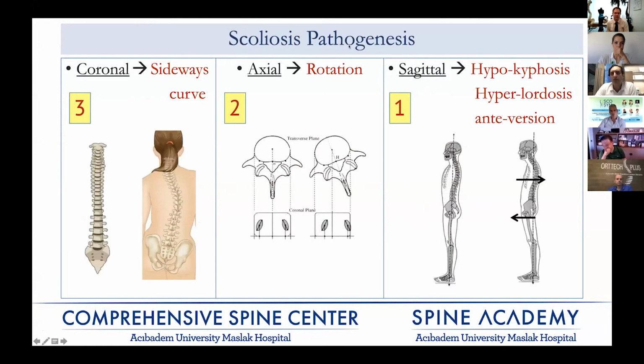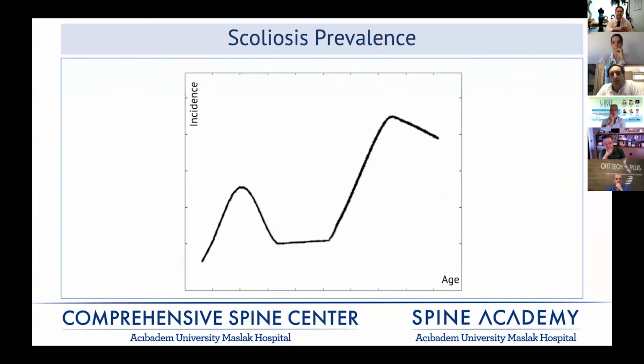But for the pathogenesis, if we go back to the first slide, we know that this is a sideways curve, rotation and sagittal deformity, but how it is formed is first the sagittal plane and then the axial rotation, and then actually the coronal plane curve comes into play. And when we look at when this scoliosis happens, we actually have two main times when we get scoliosis. First in growth,